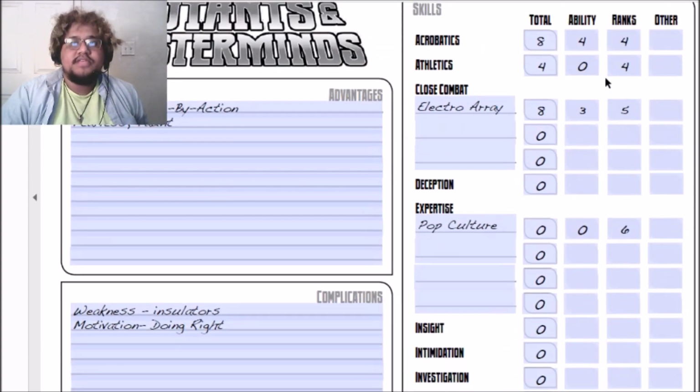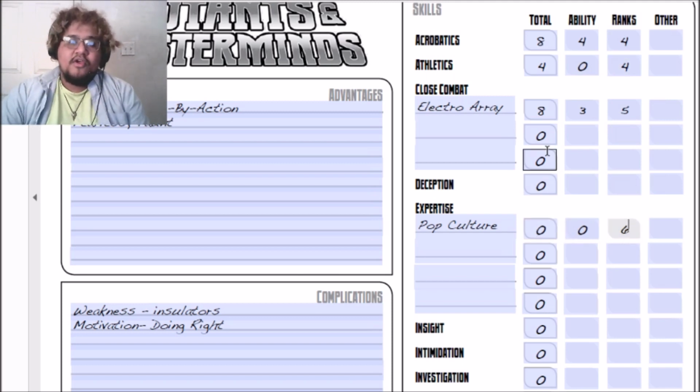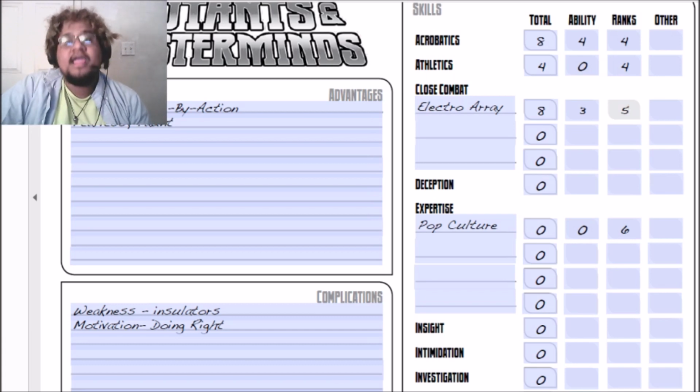Alright, so for the skills, I gave him 4 ranks in acrobatics and athletics because he was an athletic individual. I gave him 6 ranks in expertise pop culture because he was a bit of a nerd and a fanboy of anime, comics, and all that stuff. I gave him 5 close range ranks for his electro wave because he does have a close range power in there, and if we were to put any more close range powers on that array, he would get an 8